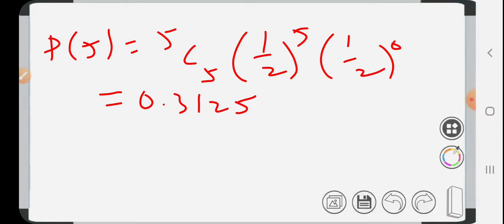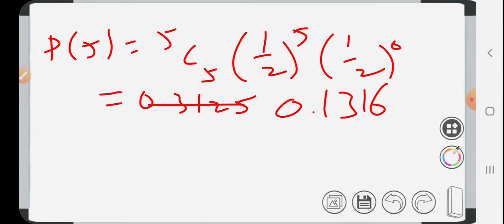This one? No, something is wrong. First answer. I am asking about the first answer. No, it is not correct. 0. Yes, 0.1316. Yes. By calci, you will get this answer 0.1316, or you may write simply, if you simplify it completely, you will get 32 upon 243.